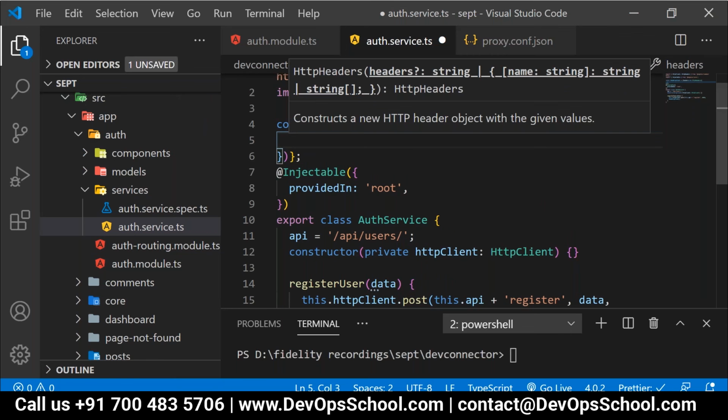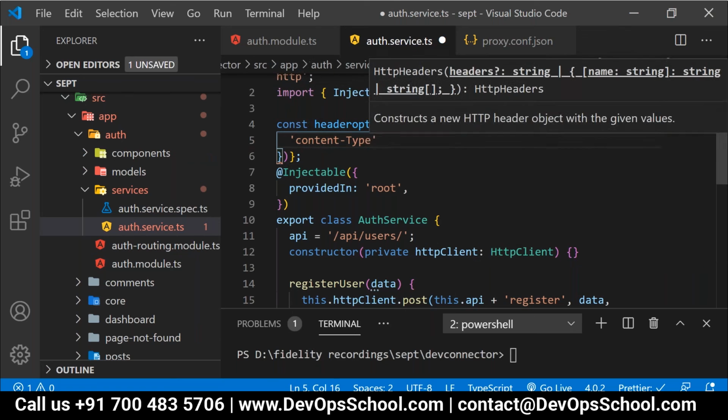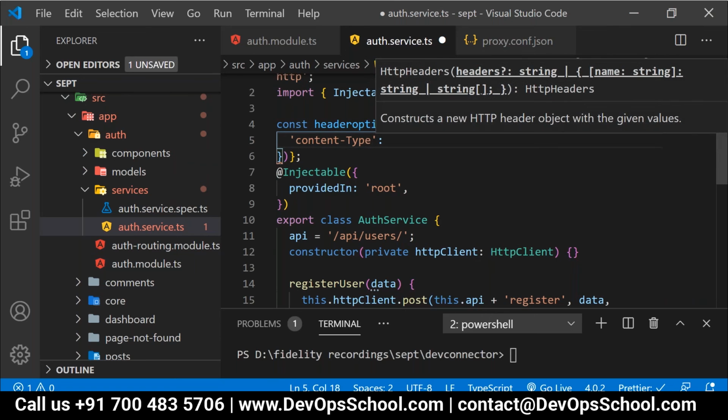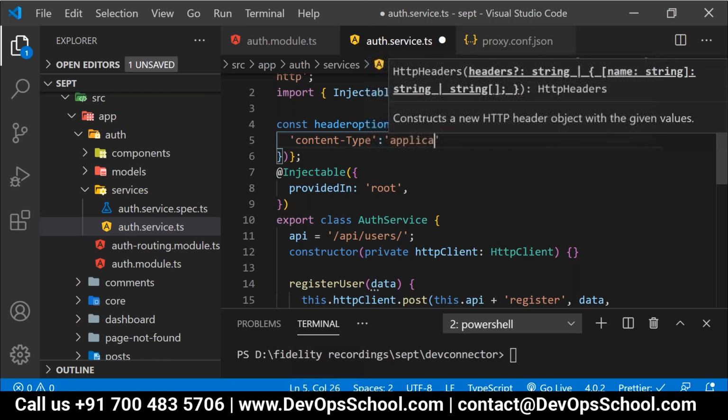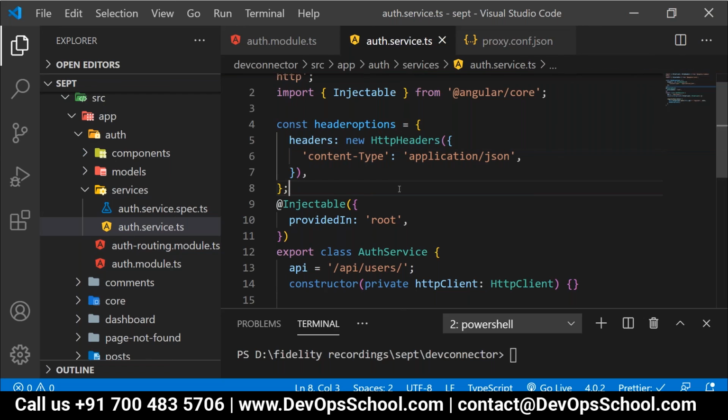Here I'll provide content-type colon application/JSON. People, is it clear or not?